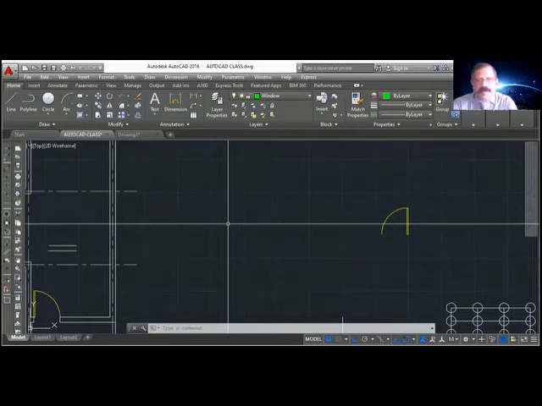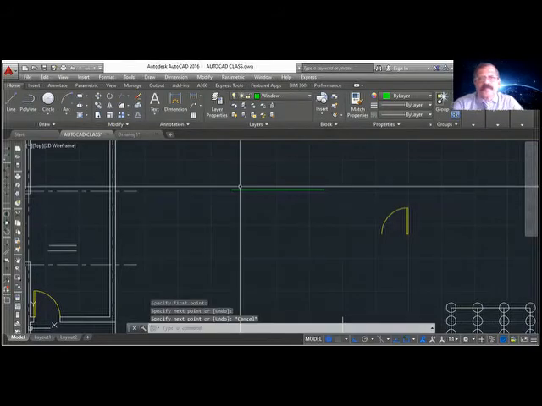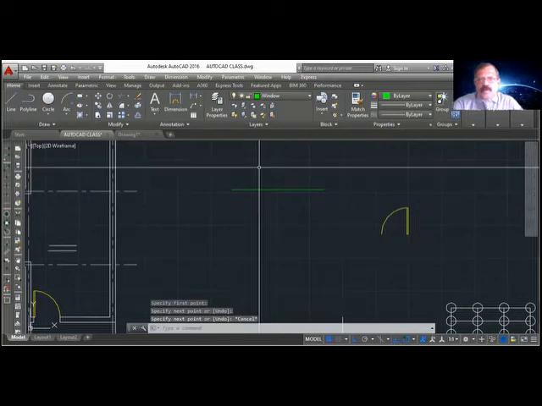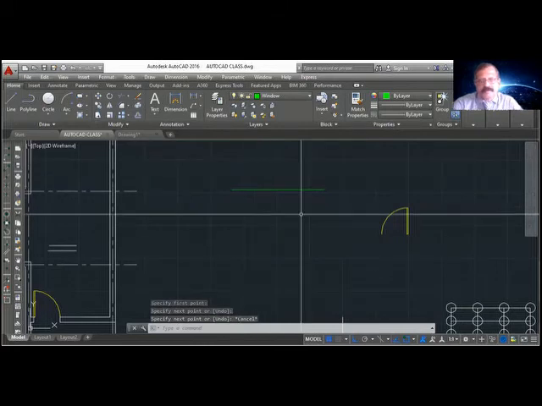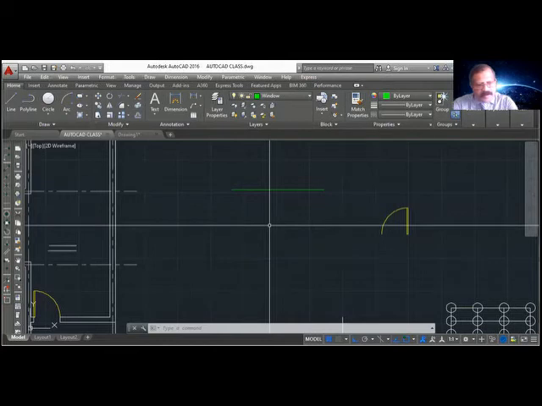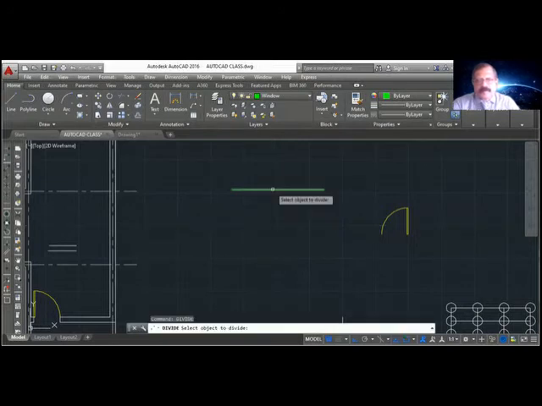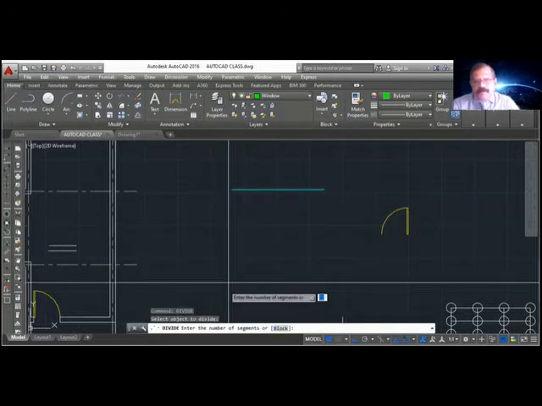I have a line here. I want to divide this line into 4 equal parts. Okay, so I will use the divide. Select number of segments, 4.